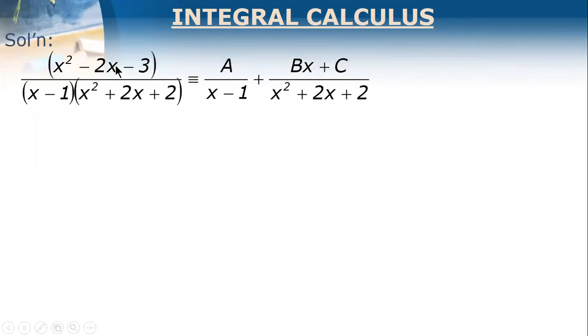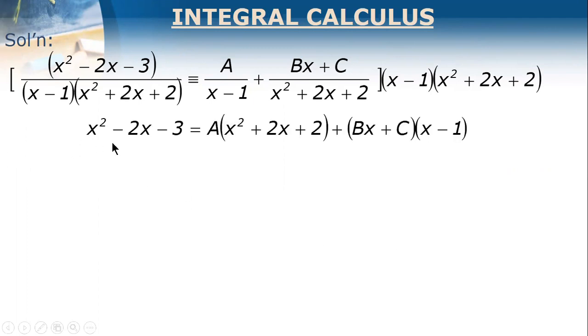So our partial fraction is this. For the linear factor, we only have a constant, A over x minus 1. But for the quadratic factor, we have this Bx plus C. Okay. So same with the previous two cases, we are going to get rid of the denominator. So we will multiply the equation by Q of x, this one, and then distribute. This is the result. X squared minus 2x minus 3 equal to A